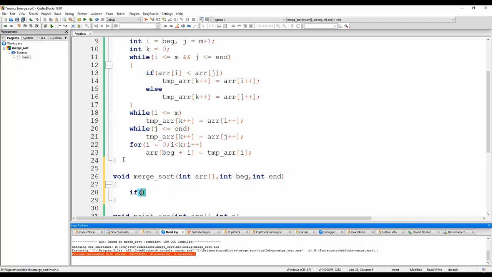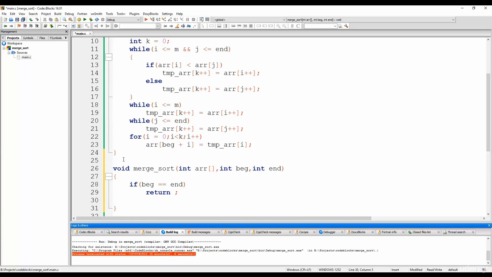Okay? So if the beginning equals the end, it means that the array is already sorted. There's no need to do any recursive calls. So just return. Okay? Because again, an array of size 1 is by definition sorted. Otherwise, if the beginning is not equal to end, in that situation, we're going to have to divide the array into 2 subarrays,